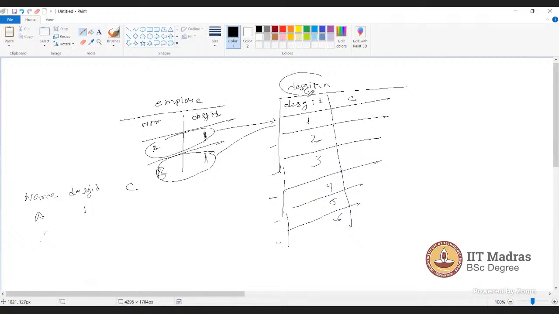See, this is the parent table, so this refers to this. Designation is the parent table. We select employee.designation ID and designation.designation ID equal. Then how will 2, 3, 4, 5, 6 be selected?